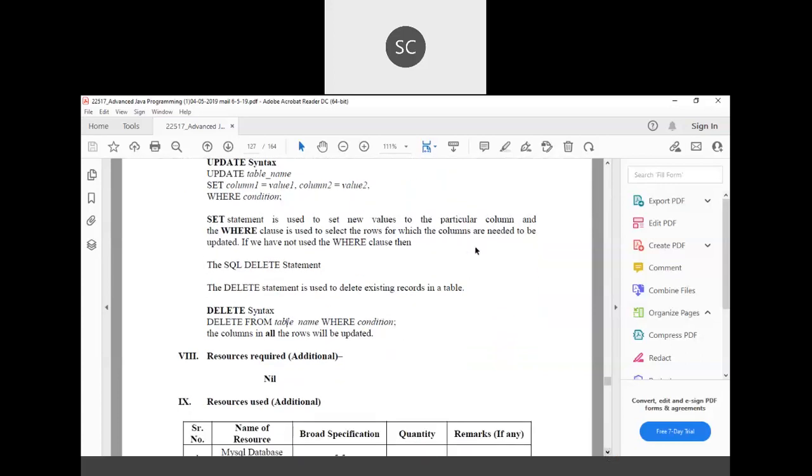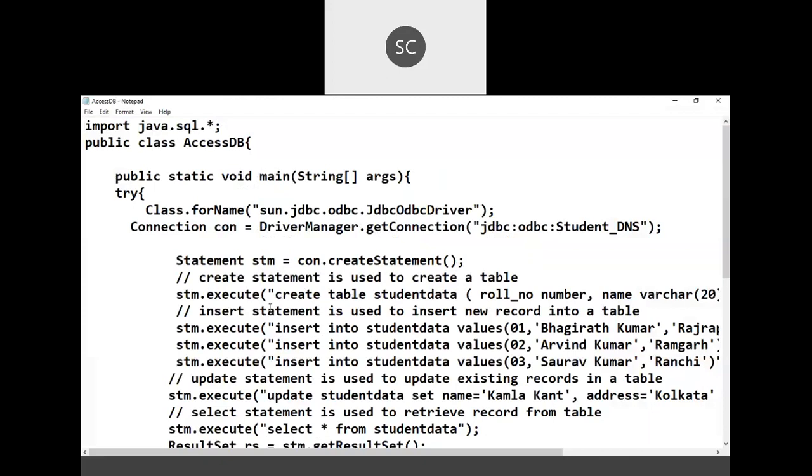So let's quickly go to the notepad. So this is a program. The program contains import statement.